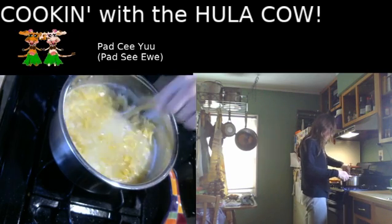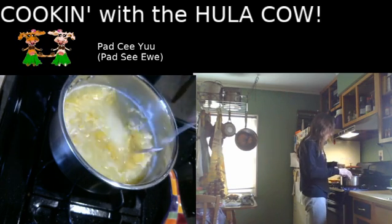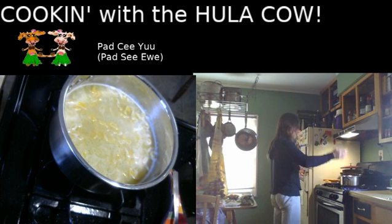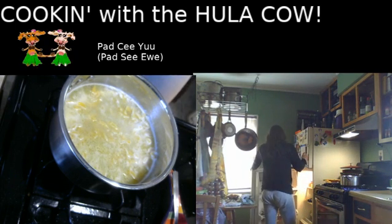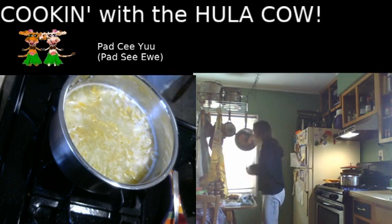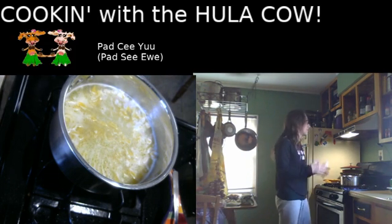Now, we're just waiting for these noodles to soften up a little bit. And what we're going to end up doing after we drain them is we're going to cook the eggs in the bottom of this pot. And then we're going to throw the noodles back in along with the tofu after we've cut it up. And we're going to get it good and tasty. Although, two things. One, I wish I had some onions, and I don't think I have an onion, which would be pretty tasty in this,